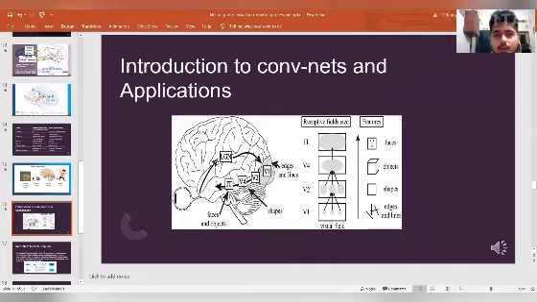Hi, one and all. Today I would be speaking about visual information processing, and our basic idea is to talk about ConvNets. Here I would be talking about a brief ideology, what is the difference between how our brain sees images and how a ConvNet sees images. As Sri Lakshmi was talking, ConvNets and the brain have a similar way of seeing images.